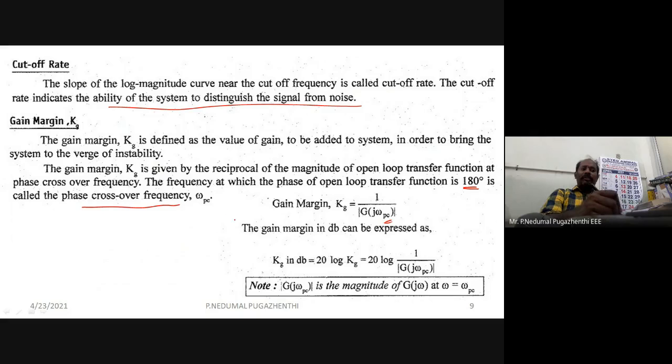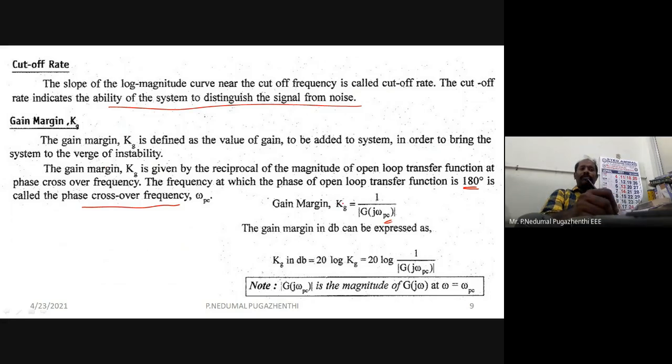You try to find the value in that case and extend the same to find the similar value in your magnitude response from your phase response. You will understand that when you are dealing with the plots. So gain margin will give you an idea about the verge of stability, the limit after which your system goes to the unstable region. That can be decided by gain margin.